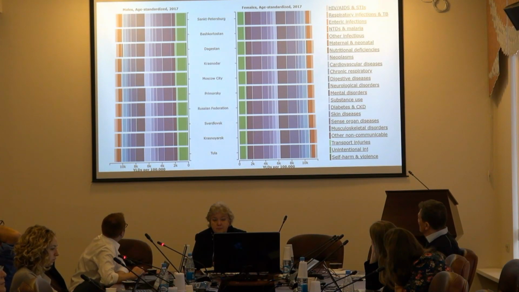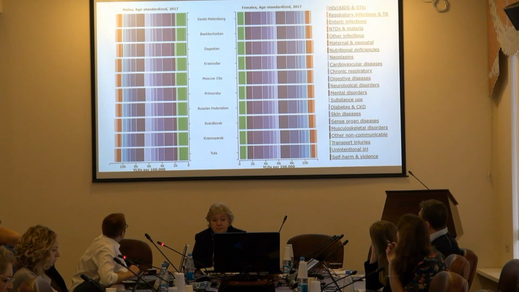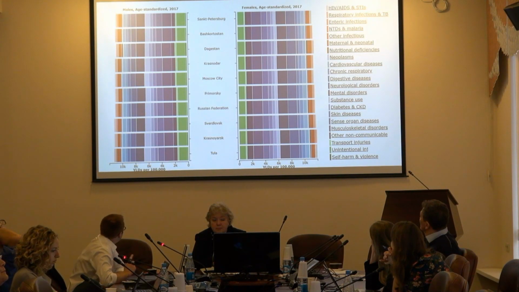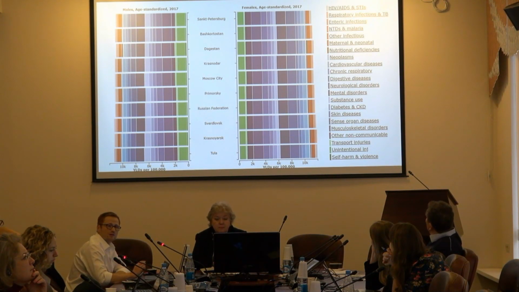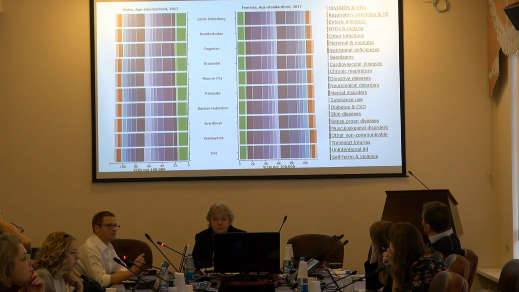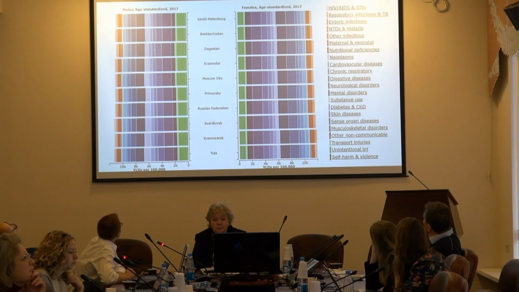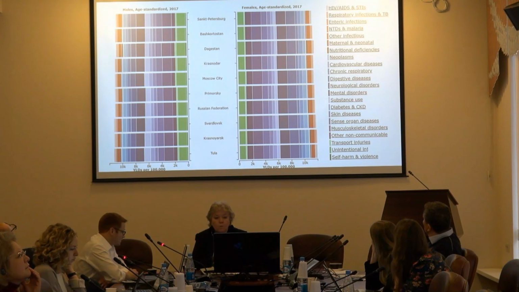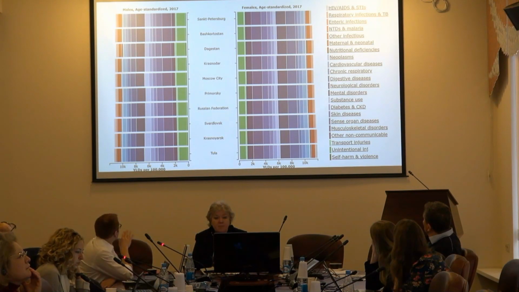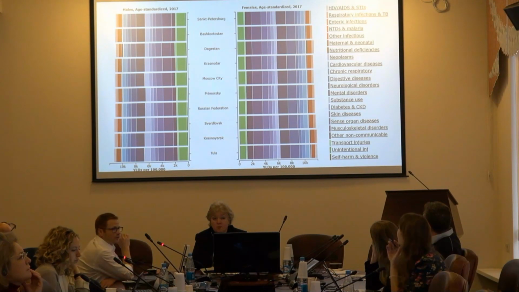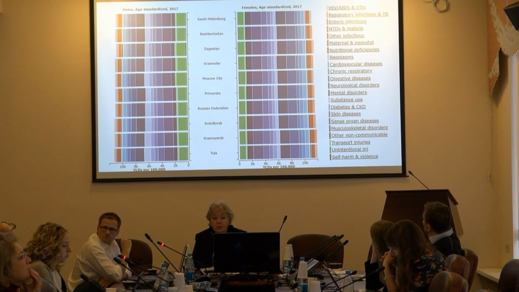And we can see the breakdown of non-fatal disability. In general, we see higher injury numbers for men as we would expect. For a lot of other outcomes, we actually see pretty similar estimates for males and females. St. Petersburg is looking like it has overall the lowest non-fatal disability of these, and Tula has the highest. And I also included Russia overall so we can get a sense of where